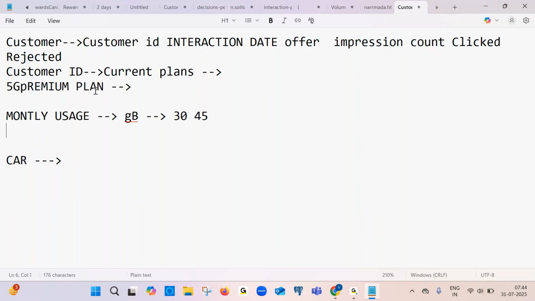Okay, and what is his average call time? That you can provide. And what is the last payment date for the subscription. Okay, like these different kinds of data you can add additionally by using the CAR and XCAR